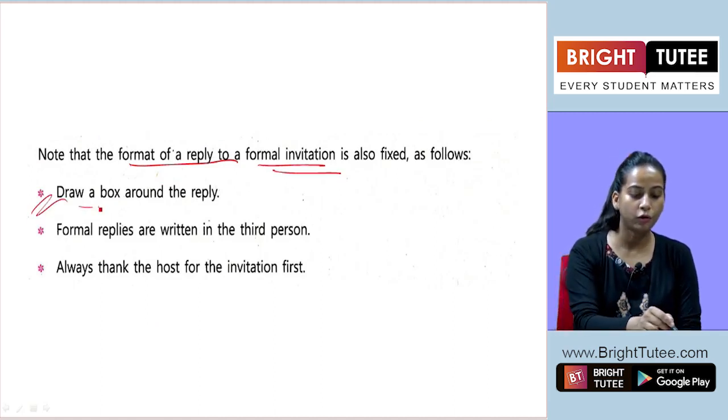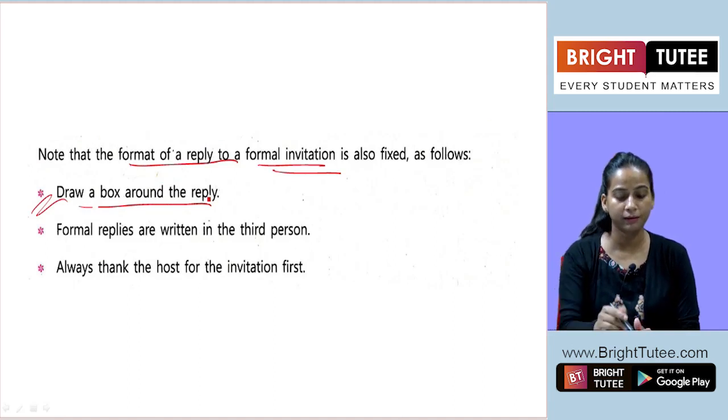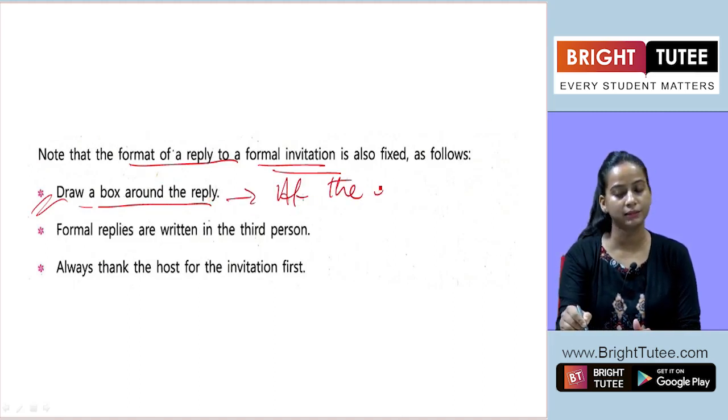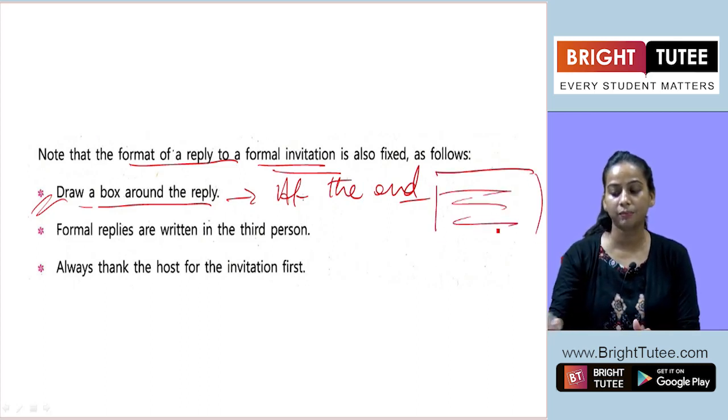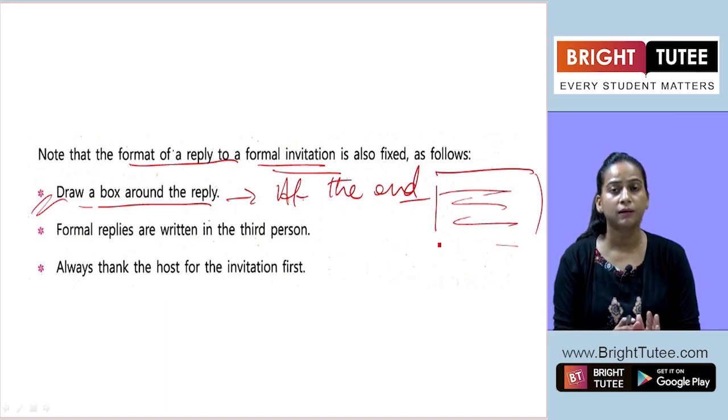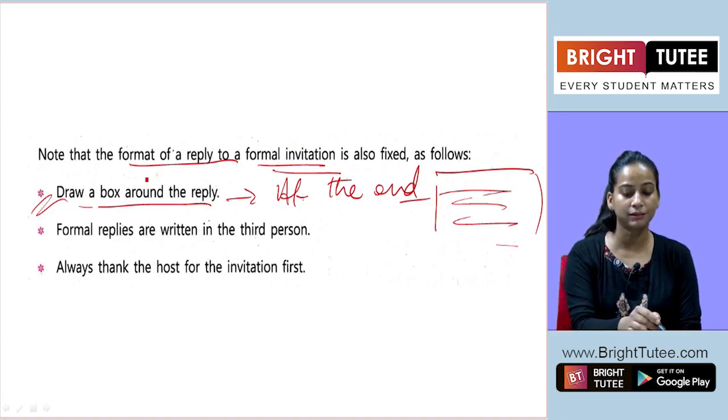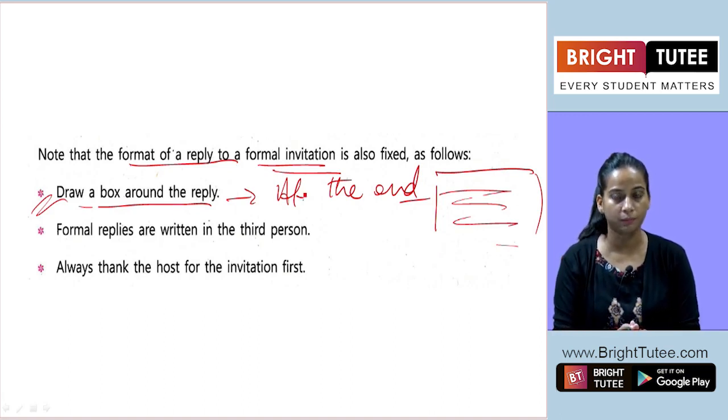Clear? Here draw a box around the reply, that is very important. At the end, when you are done with your content part, your body of the invitation is done, only then you have to enclose that box. In the beginning you can frame it and then start writing, but never enclose it in the beginning itself, because sometimes it can be too clumsy. Sometimes you have to add another point and you don't get the space. So it should be neat and clean, because this is in the form of a letter sort of when you are giving the reply. It should be neat and in proper format, and you have to follow the sequencing.